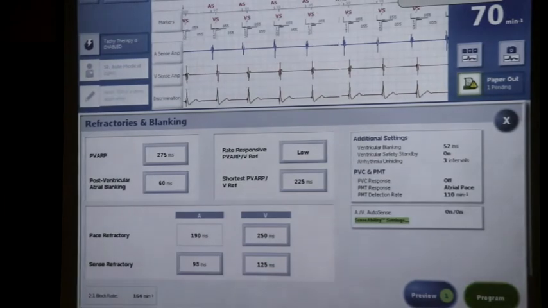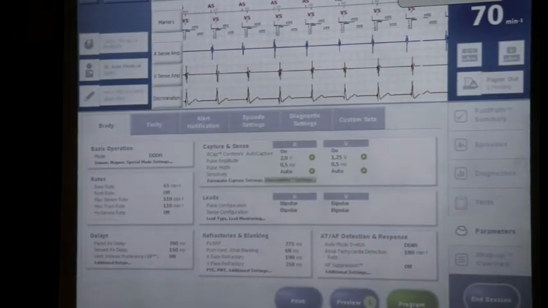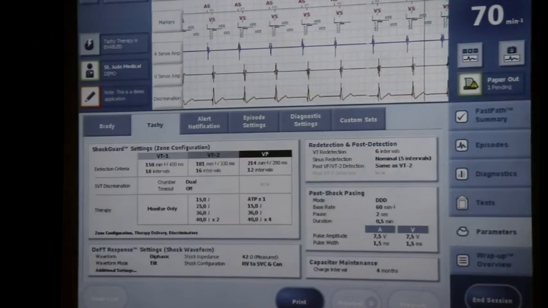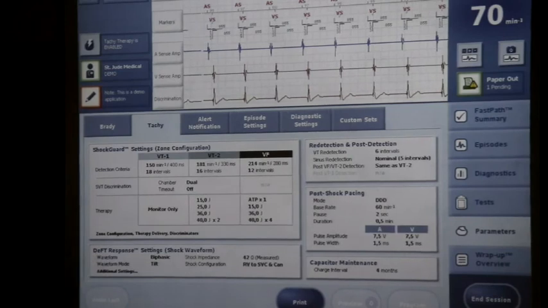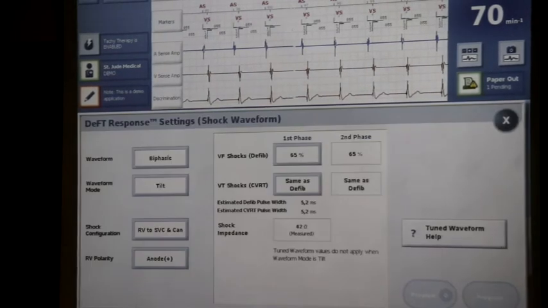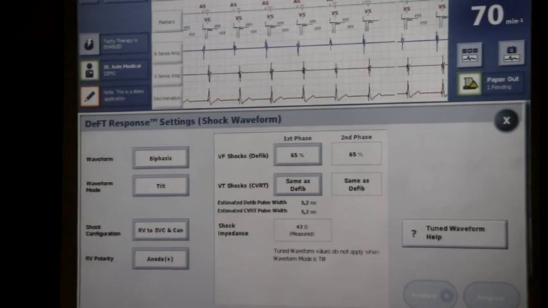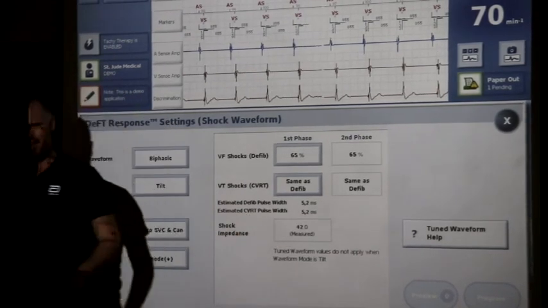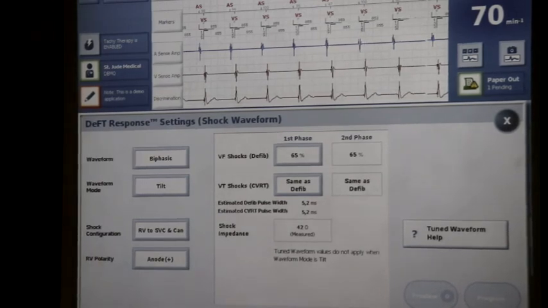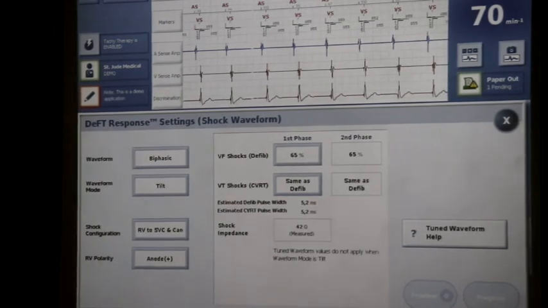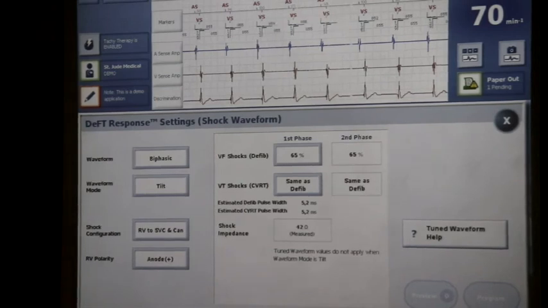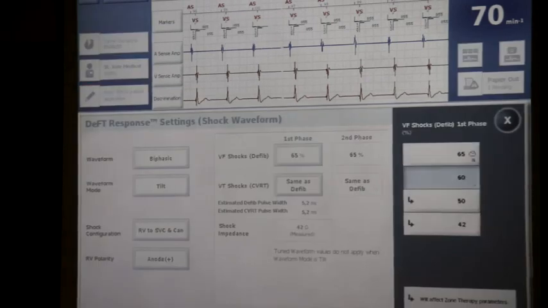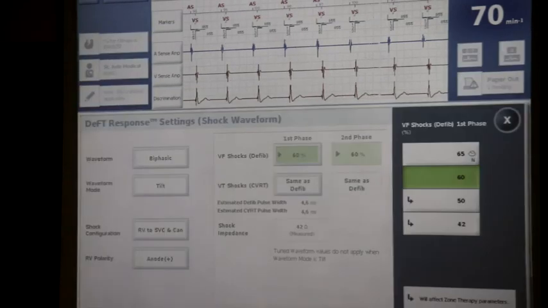So on the programmer, I can go to the tachycardia settings. If I go to tachy settings, and down here, DFT response settings, or BEF response setting, I can open that up. So in this demo patient, I've got an impedance of 42 ohms, which makes a waveform of 5 milliseconds. That's not too bad, because he's got a low impedance. Remember on the graph? So he's in the red band. 65% tilt. So I can either change the tilt for that patient to probably 50%, and that will